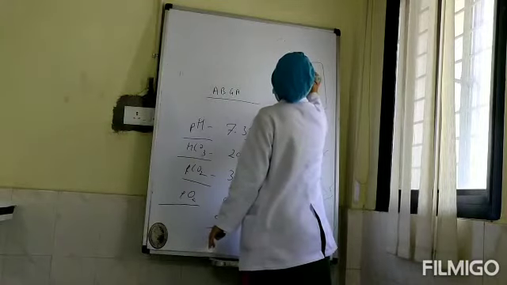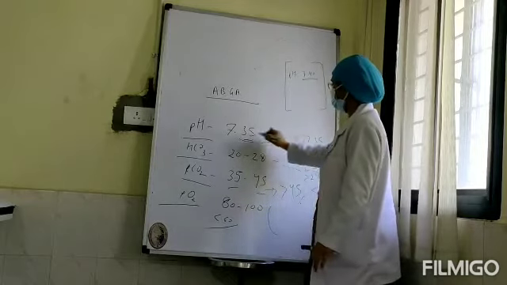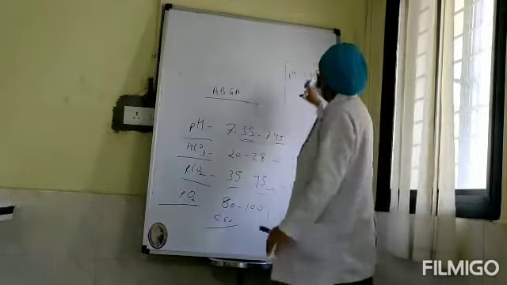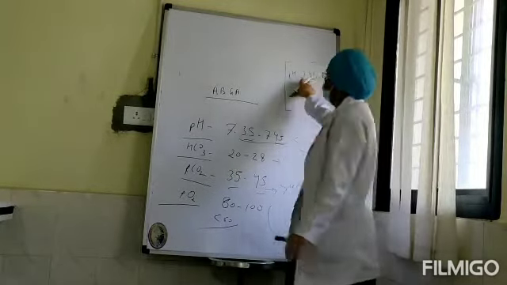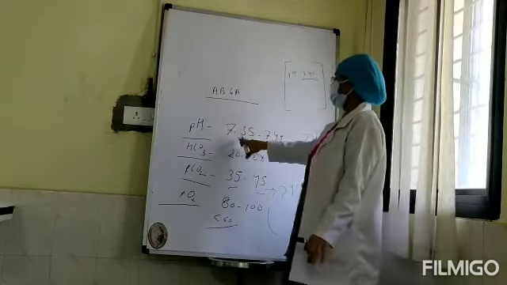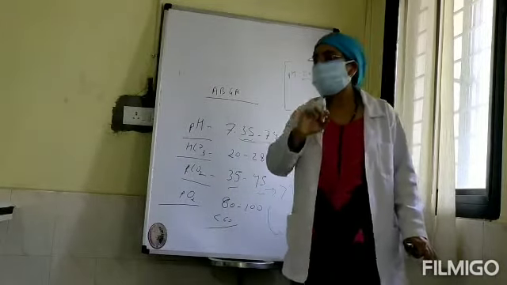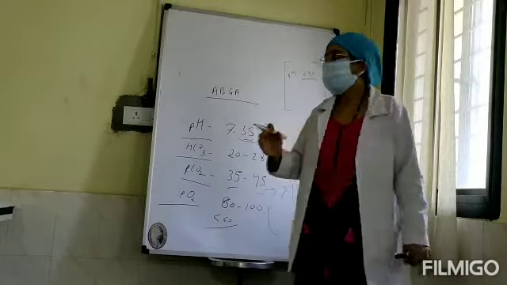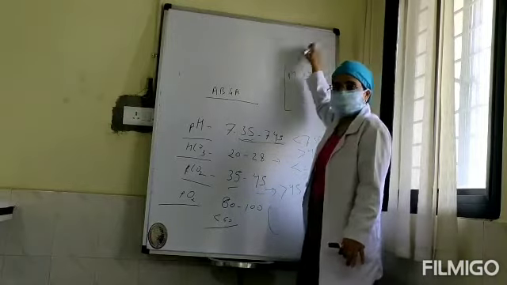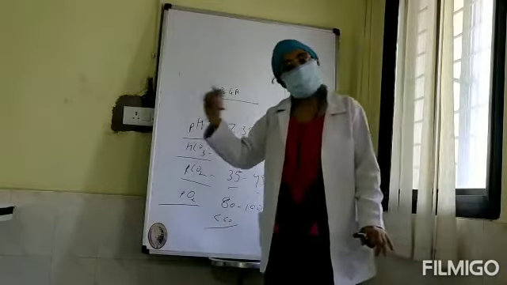That is pH of 7.40. The mean of 7.35 to 7.45 is 7.40. So when I am reading an ABGA, anything less than 7.4 is acidosis for me. Anything more than 7.45 is alkalosis for me. For example, if the patient has a pH of 7.35, your usual habit is to say this is normal. This is not normal. This is relative acidosis. So any value less than 7.4 is acidosis. Whether it is 7.35 or 7.39, I would still label it as acidosis. 7.42 is still alkalosis for me.